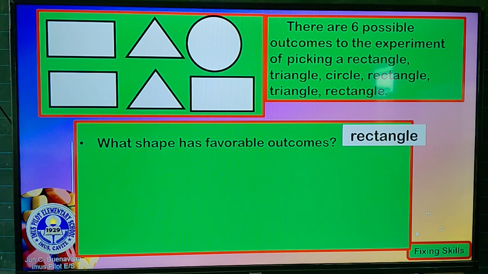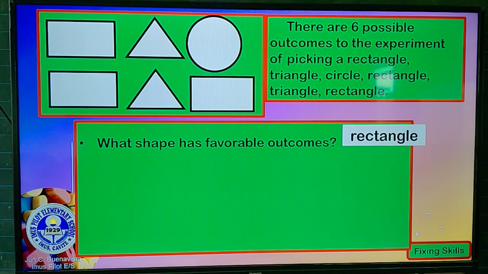So it has an equal chance of occurring. Like what was explained earlier in the video, the probability of an event is the ratio of the number of favorable outcomes to the number of possible outcomes. That is what was said earlier. Now, in probability class, we can express that by fraction, by decimals, and percents also.